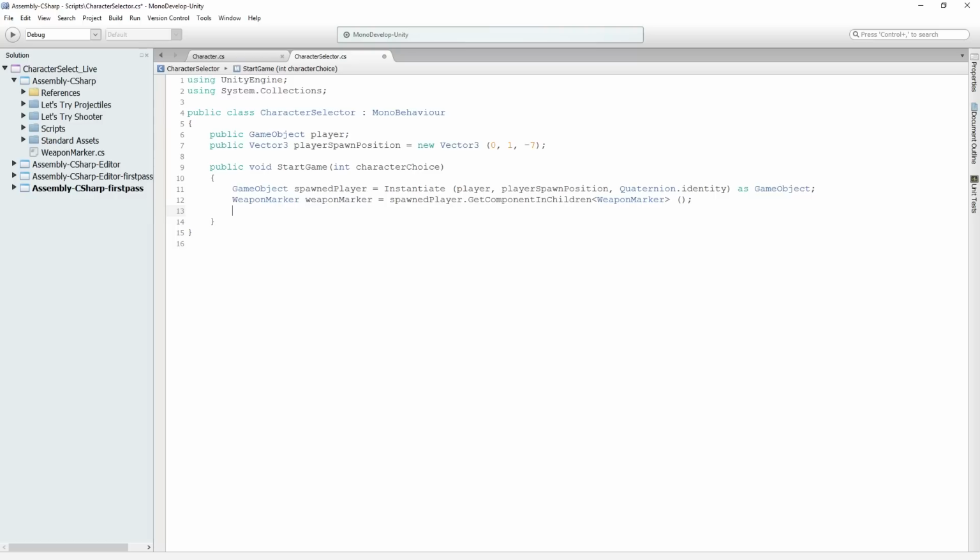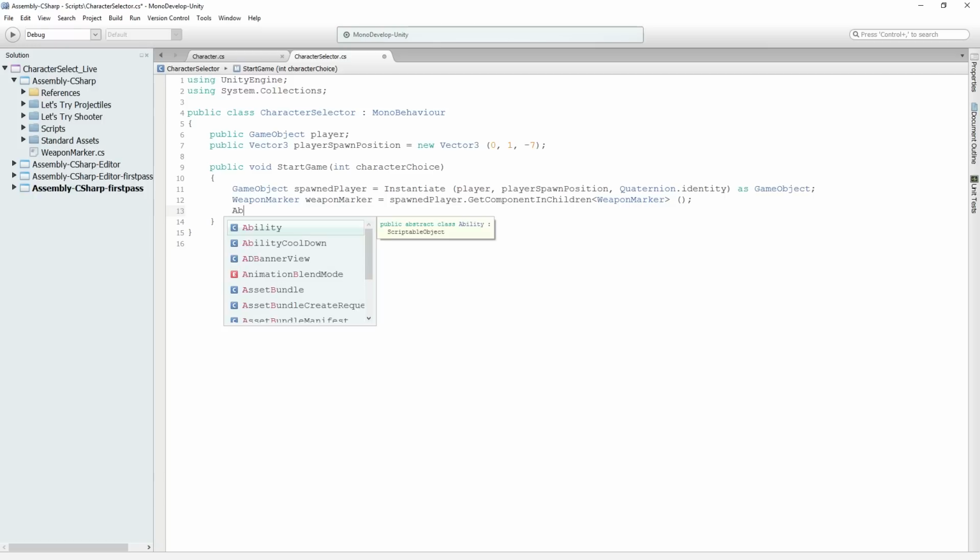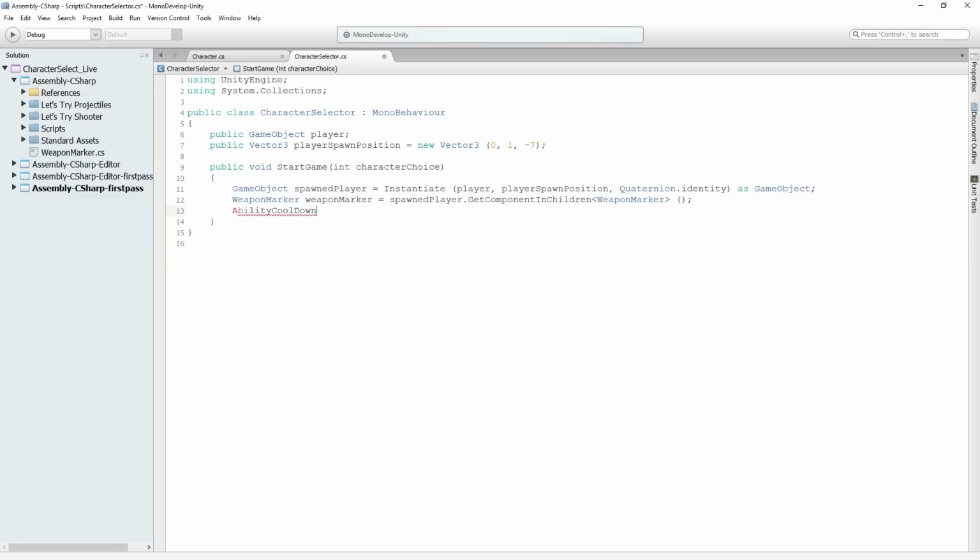Okay. The next thing that we're going to do is find however many ability icons, or as I've called them here, cooldown buttons, are attached, are children of this canvas. In this case, we have 2, right? We're going to find those and store them in an array. So we are going to declare an array of the type AbilityCooldown, which we'll look at in a moment, called cooldownButtons. And that is going to be equal to